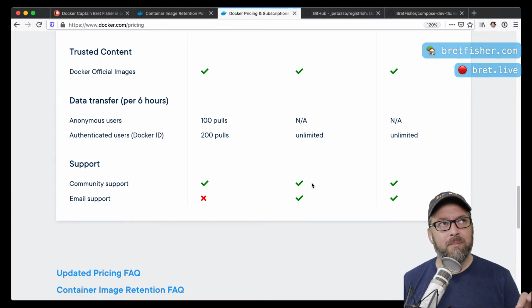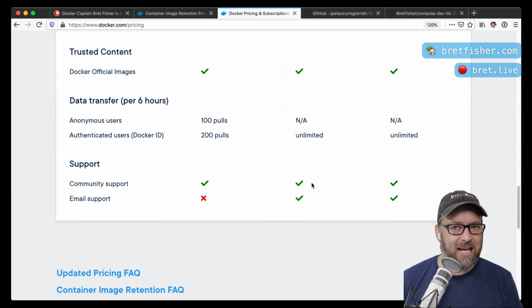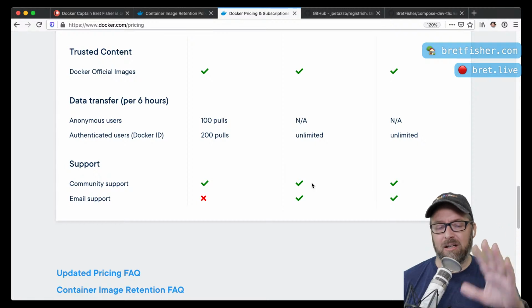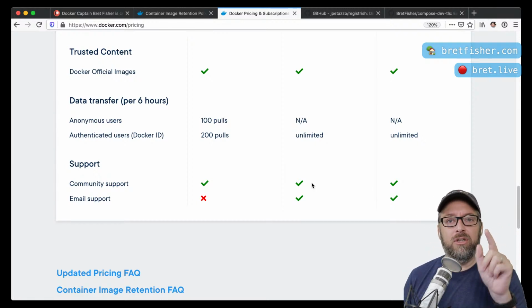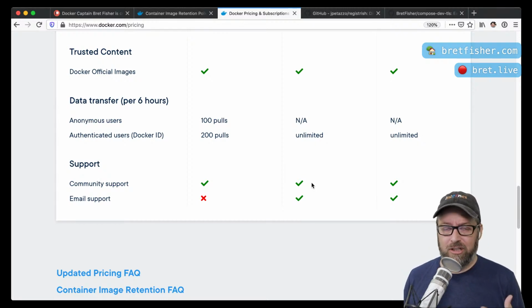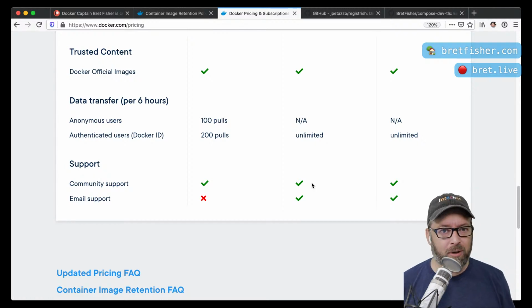And when I was worried that it was related to tags, I could see that maybe I had some old tags that weren't pulled. But if it's even just any tag pulled in the last 6 months, my understanding is the image will be retained. But let's talk about this. This is a separate issue, not related to the person that's logging into Docker Hub that holds the images. This is about you pulling any image as just a user of Docker. So this affects everyone, whether you're brand new in my Docker Mastery course, just starting Docker Hub for the first time, or you're an enterprise that has thousands of image pulls a day, right?